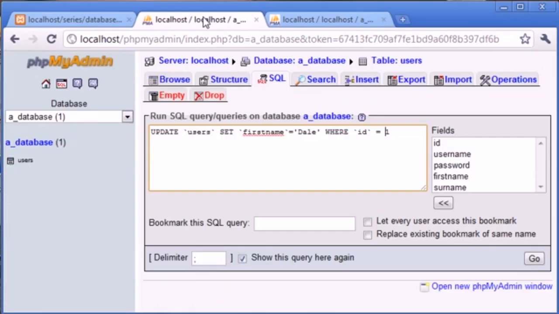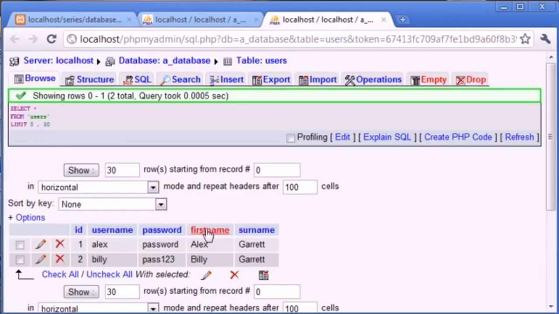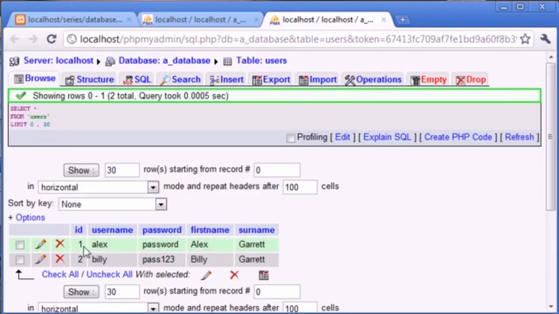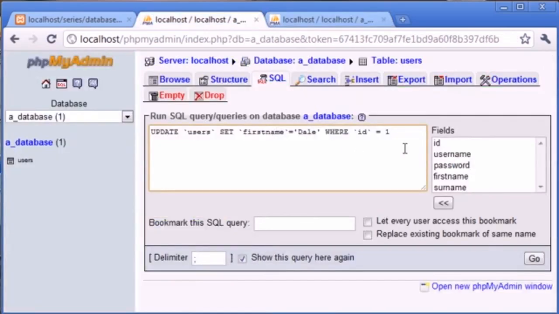If you were to just say first name equals Dale, this would update both surnames because we've not specified what ID or what unique field we want to set it by. So set first name equals Dale where the ID equals 1. So what this is going to do is it's going to select the ID with row 1, it's going to come across and set the first name here to Dale. So let's just click on go rather,